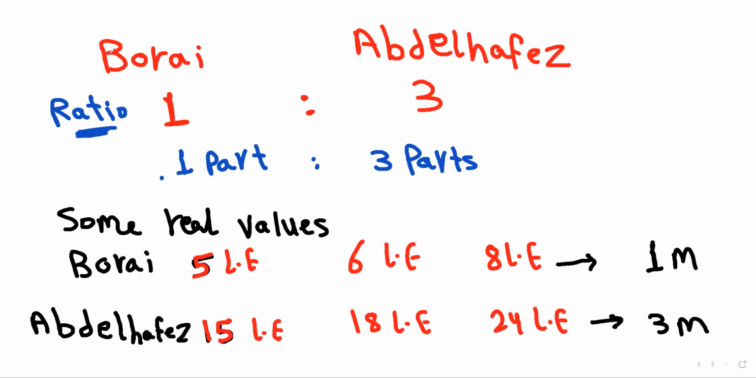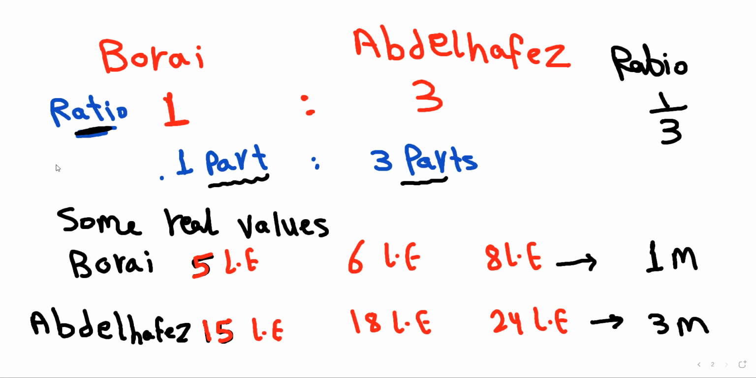Let's go to Borai and Abdul Hafiz's story. The story said that the ratio between them is 1 to 3. So 1 to 3 means one part to 3 parts. So 1 is not a real value and 3 is not a real value. We couldn't say that Borai has 1 and that Abdul Hafiz has 3, but we say the ratio between them is 1 to 3. Let's assume some real values